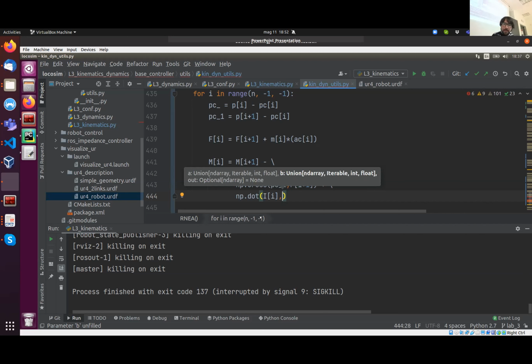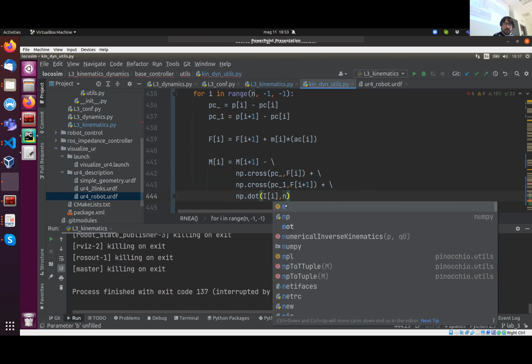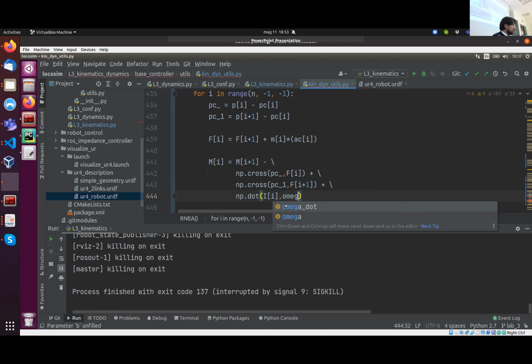So here we have MP dot I. Well, let me remove this thing, and then omega dot